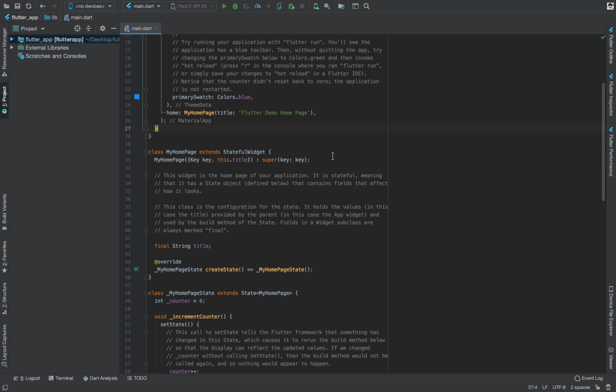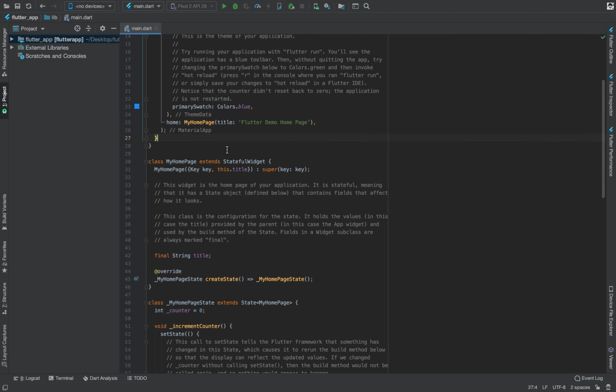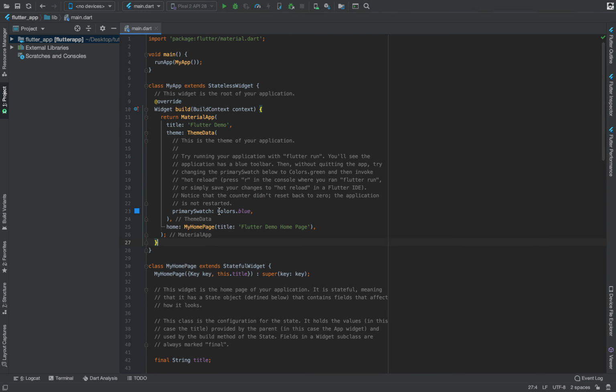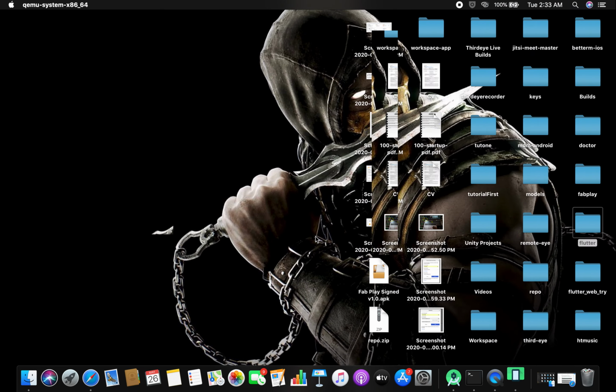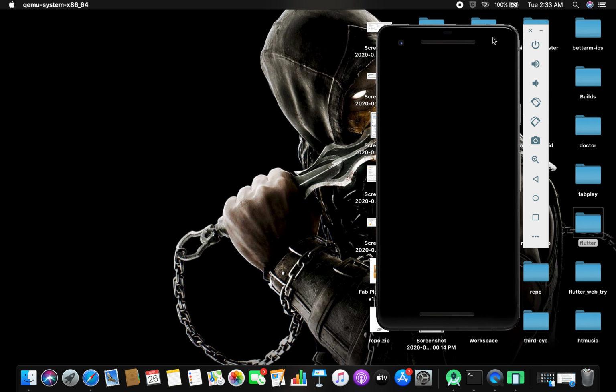I will be covering all of this code in our next video. So for now, let's run this and see if it works or not. I'll open my emulator.